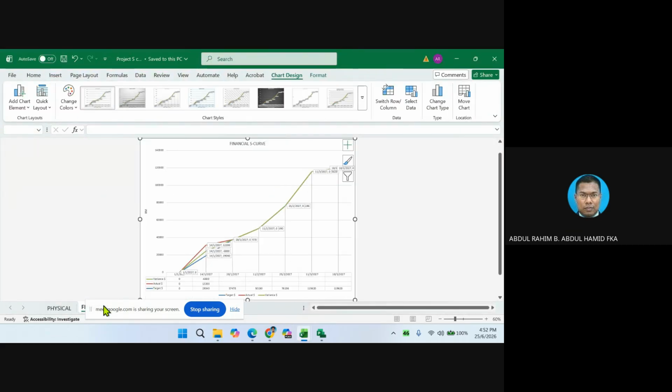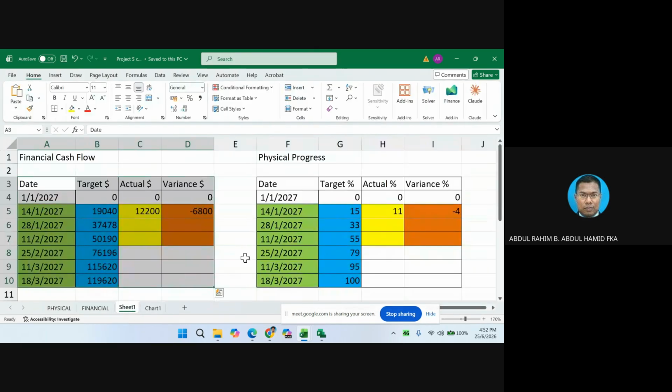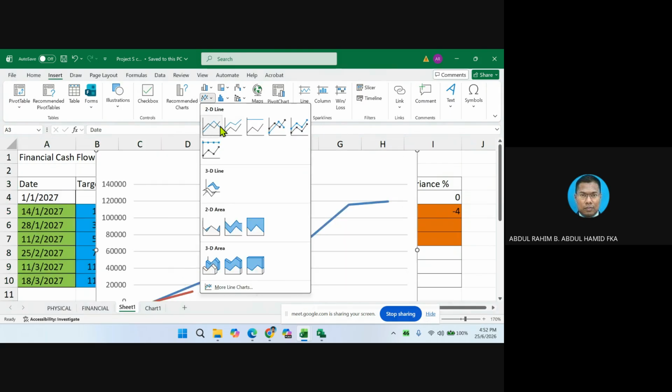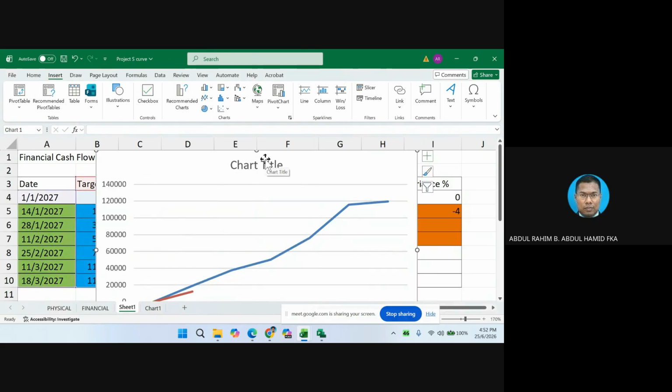Once you have the information like this, what you can do basically is highlight it. Because I put this symbol inside the value, by right you should have the value only. So you can insert and then choose the right graph, maybe like this, and then you can basically move